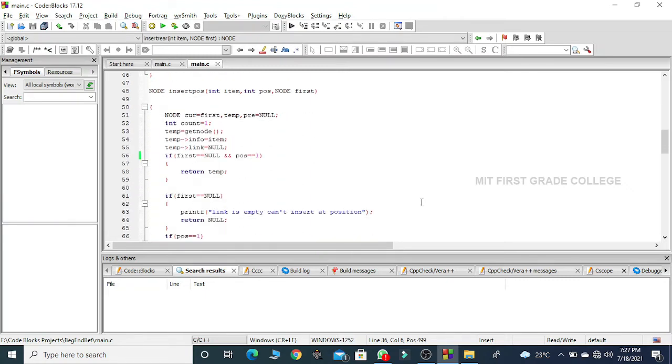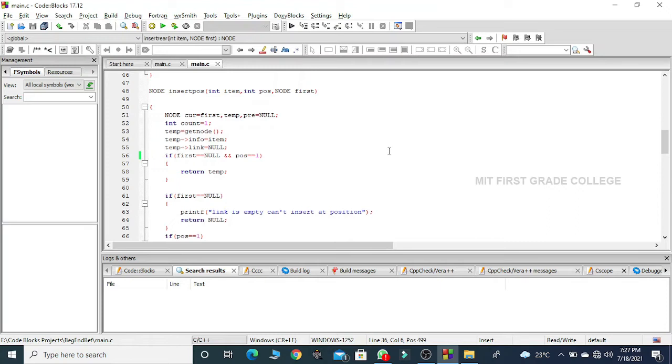Now let me explain how to insert a node at a specific position inside my linked list. For this reason, I take the data that has to be inserted as item, the position, and the address of the first node inside my linked list as parameters to the function insert position.